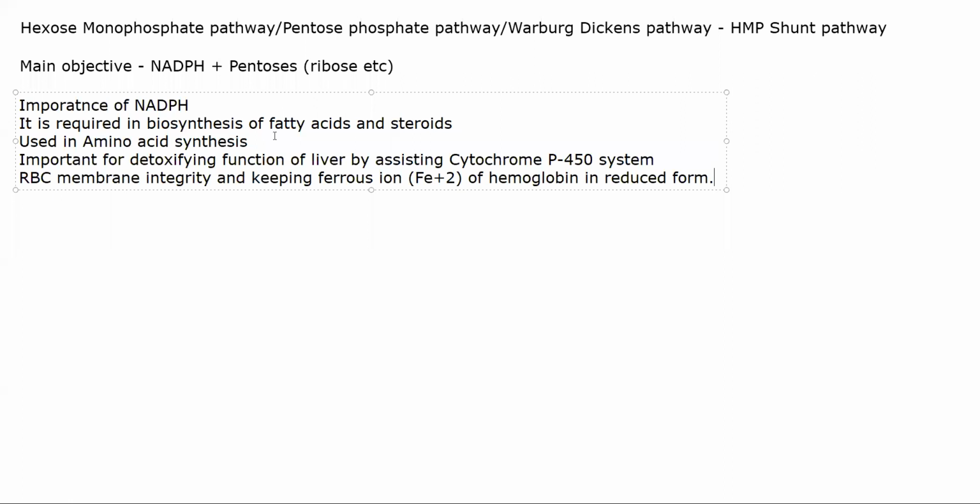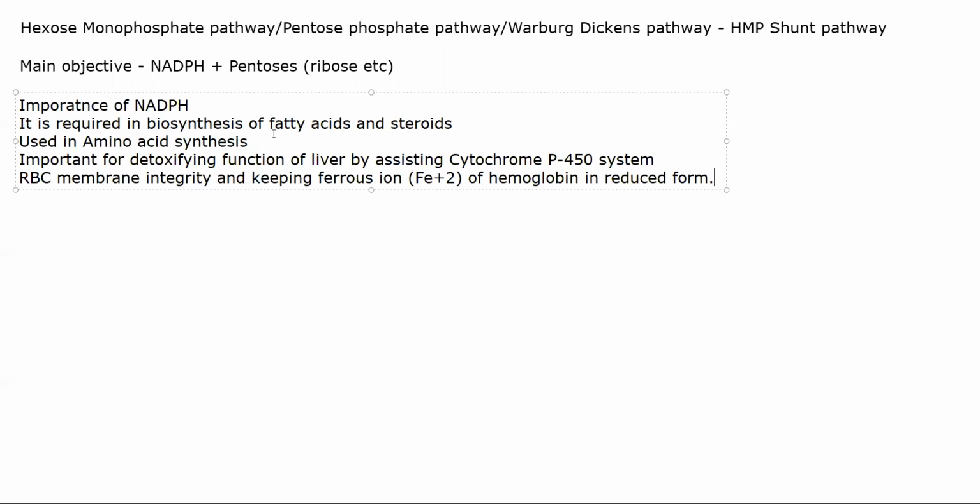That is why we need NADPH, which is why your body performs the HMP shunt pathway. All right, so these are some of the important significances of the hexose monophosphate pathway. One is obviously that pentoses will be important: if you're converting hexose into pentose, you'll be able to make nucleic acids, RNA, DNA, and some nucleotides as well. Like ATP, NAD, FAD, coenzyme A, all of those are nucleotides which can be formed from pentoses, and from NADPH you can do all of these.